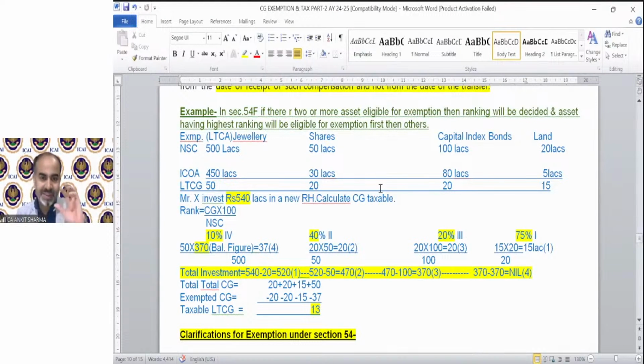Okay. So the concept is this: until the property has been completed, it will not be considered as a residential house. And this you could understand also from the point of view of income from house property. When we discuss the provision of pre-construction period interest, from the year in which the property has been completed, only from that year we can claim the pre-construction period interest benefit. So till the property is under construction, we do not treat it as a house property. From the year it has been completed, only from that year the income from house property provision is applicable. Okay. Next is